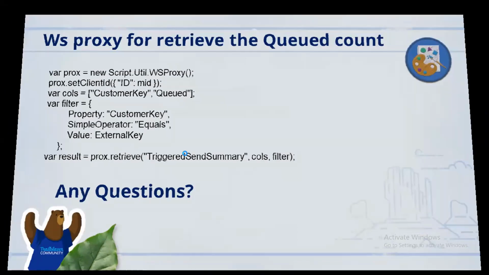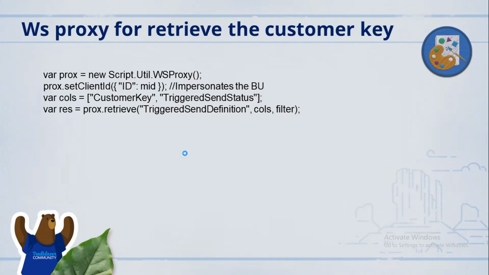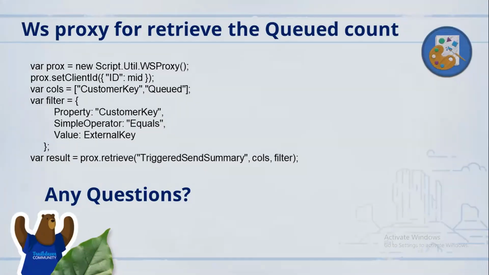Earlier, we pulled the details from the triggers and definition object. Now we are pulling the details from the triggers and summary object. Since we are looking into the tracking details, we are looking into the triggers and summary object. With this triggers and summary object, we are able to pull all the details faster than the Marketing Cloud